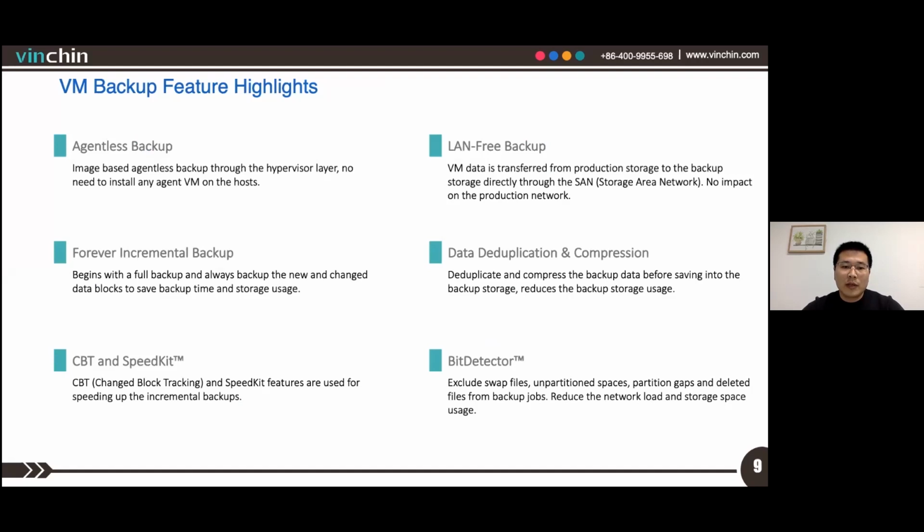CBT, the change block tracking for Oracle Linux Virtualization Manager is under development now, but the SpeedKit can work as an alternative of CBT for highly efficient incremental backups. And besides data deduplication and compression, the bit detector feature can further reduce the backup data by excluding the swap files, unpartitioned spaces, partition gaps, and the deleted file blocks from the backup jobs.